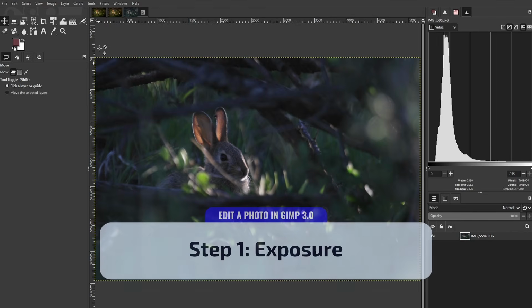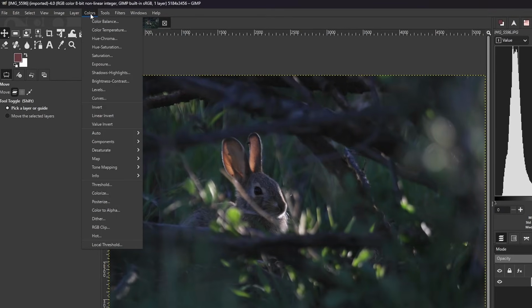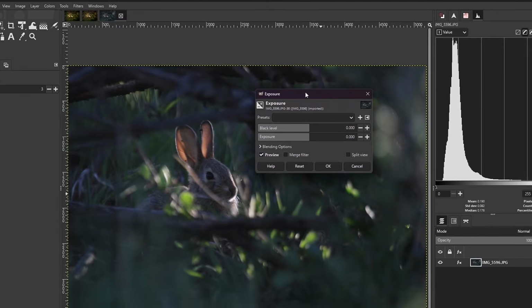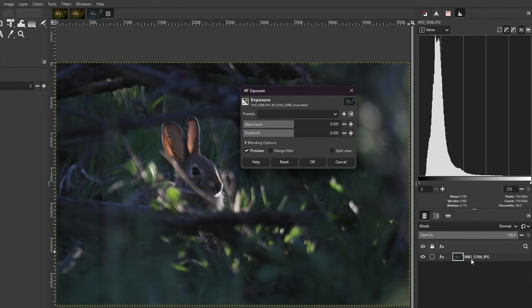So step 1 is we're going to increase the exposure of our photo. To do this, we'll come over here to the Colors menu, and this is where you're going to find most of your image adjustments. And then we can come over here to Exposure. And now you're going to see the exposure dialog, and your image is going to be located over here in what's called the Layers panel. And so here you'll see your image layer listed, and you'll see a little effects icon now appear while you're